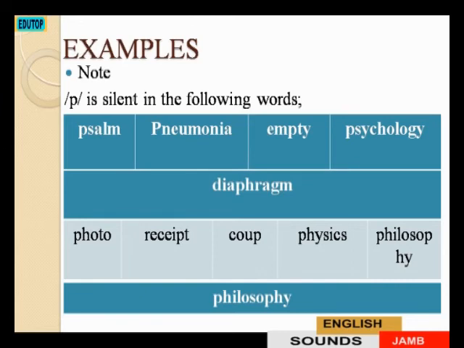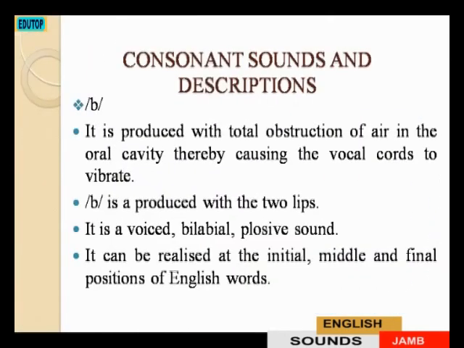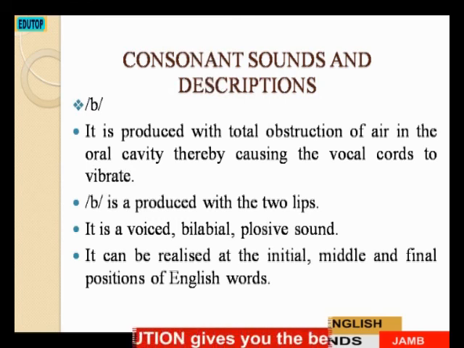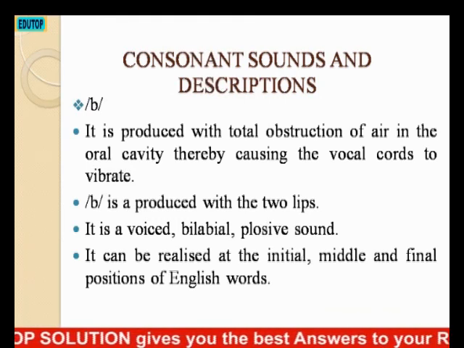Another sound is B. The sound is produced with total obstruction of air in the oral cavity, therefore it is a voiced sound. It causes a lot of vibration in the vocal cord. It is a voiced bilabial plosive sound. It is bilabial because when you produce the sound, the two lips will come together. So the sound can be realized at the